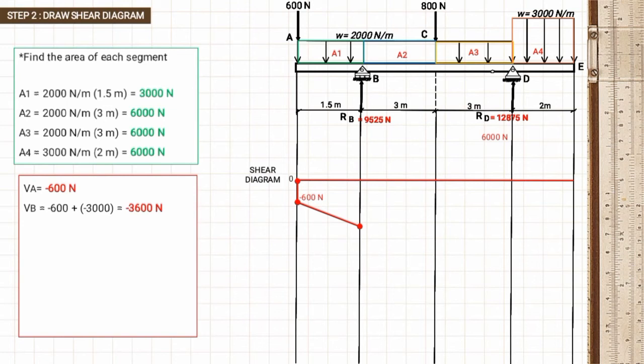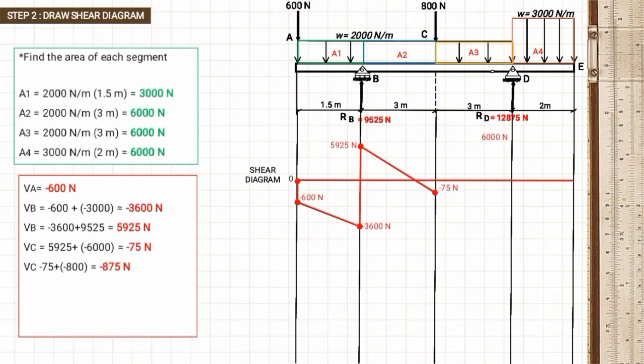And at point B, there is a reaction load of 9525 Newton. So we will add that to negative 3600 Newton, and that will give us 5925 Newton, and that is going up. Then next, 5925 Newton plus area 2, which is negative 6000 Newton, and that will be negative 75 Newton downward going to C. And at point C, we have again a load of 800 Newton downward. So, negative 800 Newton plus negative 75 Newton is equal to negative 875 Newton downward